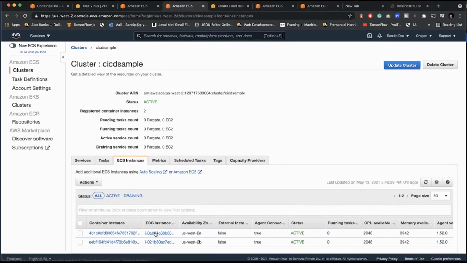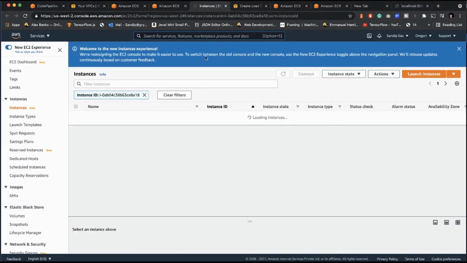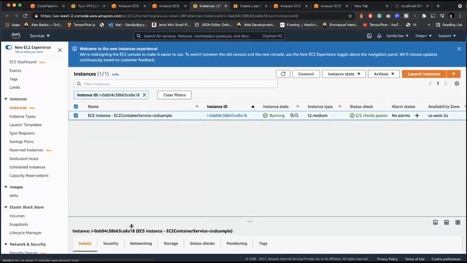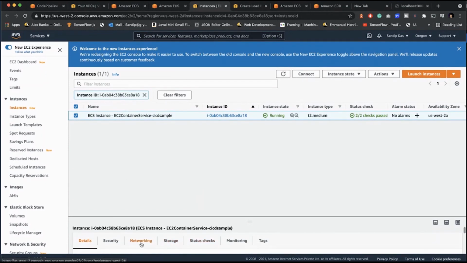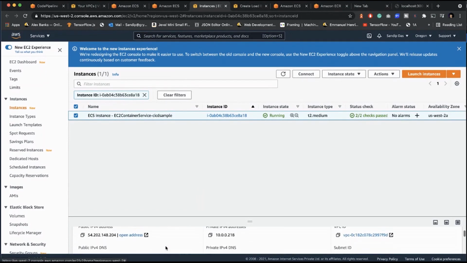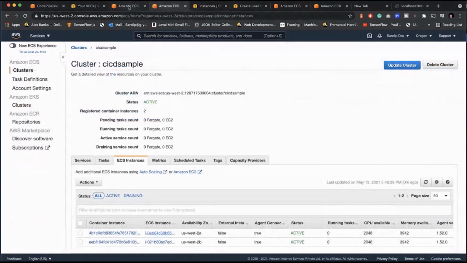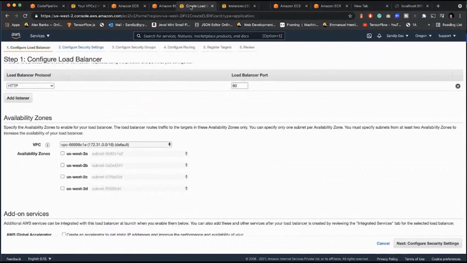If you click on any ECS instance, you will come to EC2. If you go to the network, you'll find the VPC here. So the VPC ID is, just note the last 4 digits, 7F9D.